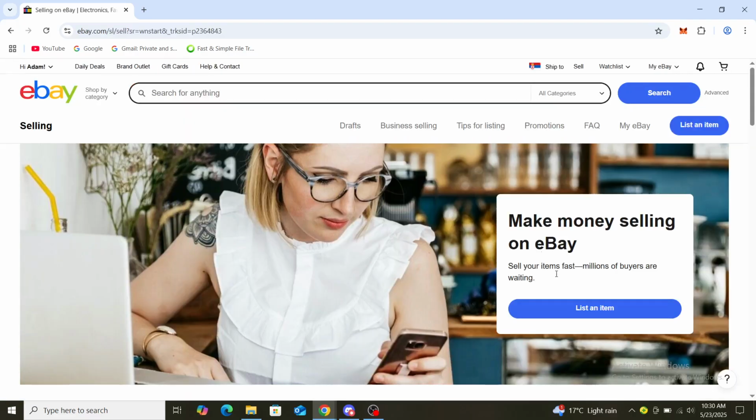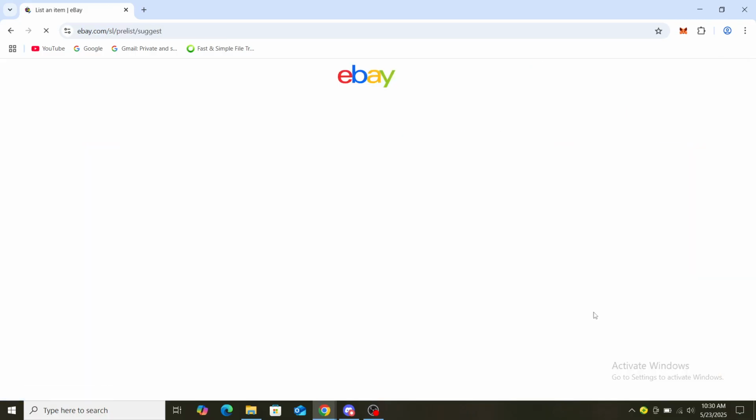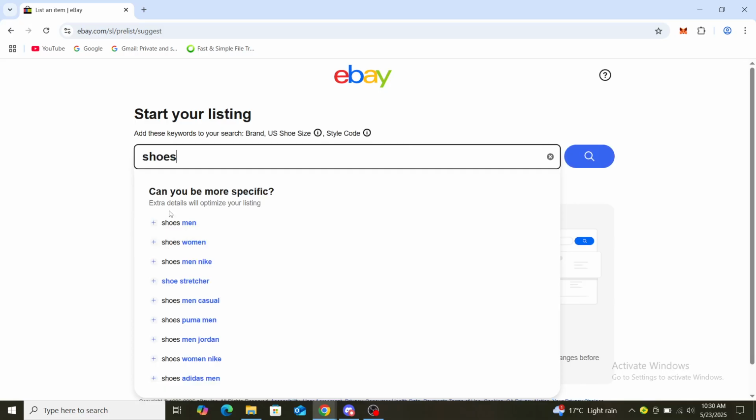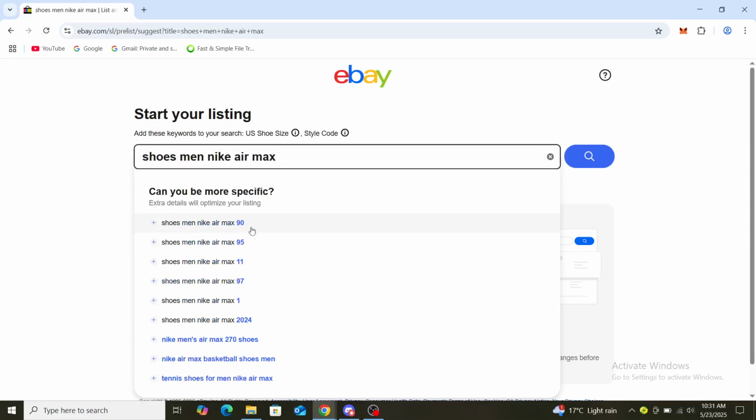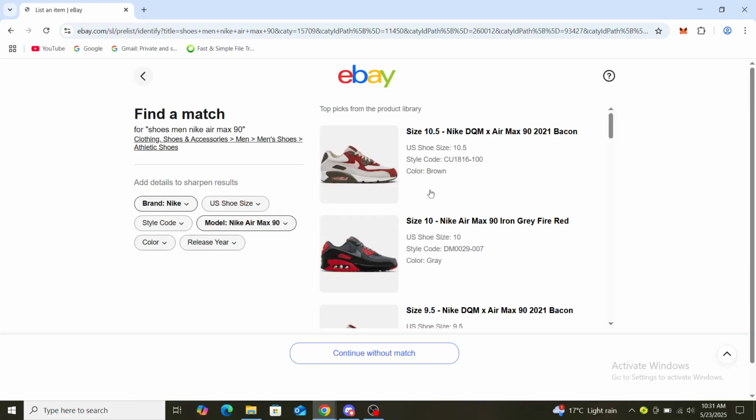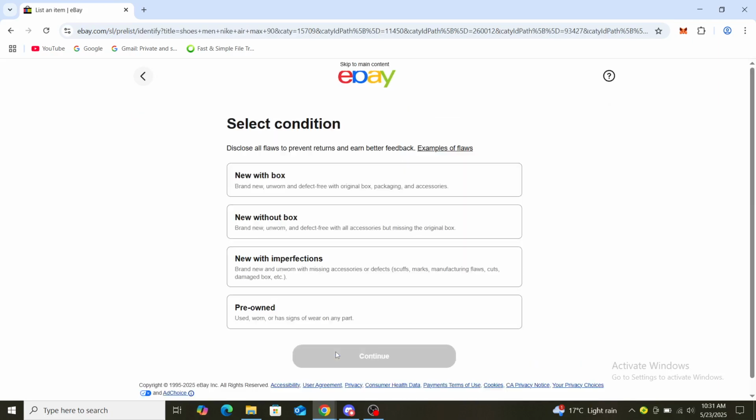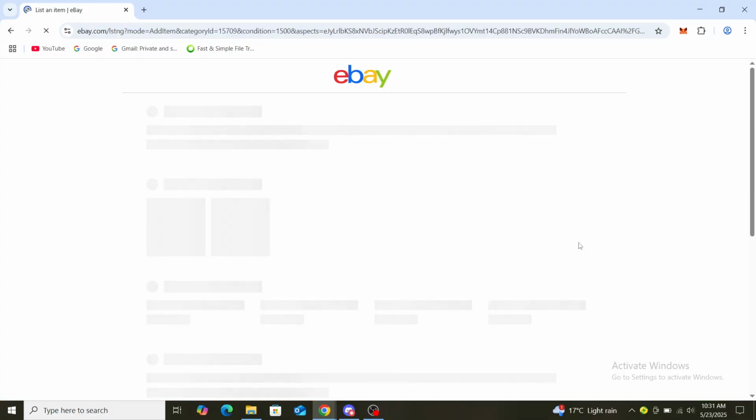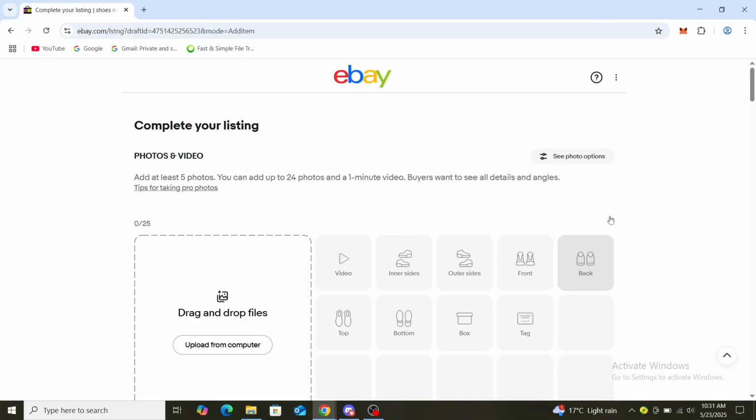And on here, you can see the option to list an item. So it says, tell us what you're listing. So what you're selling rather. So you can put in shoes, men, whatever. Just try to make it as specific as you can. From there, you can continue without a match. You can put in new without box. These are all just showing you as an example which steps you need to take to get to insurance on